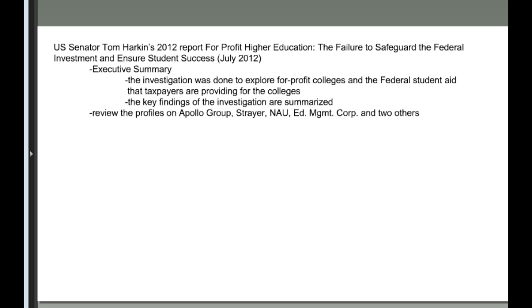So you're going to look at the executive summary only of that report. It's lengthy. Don't print the whole thing. Just read the executive summary. Then go through and read the profiles of Apollo, Strayer, NAU, EMC, and pick two others. So for this learning plan, you've got your initial discussion, then you have two other discussions, and then you will have your two assignments. And that's all I have for right now. And I will see you in the